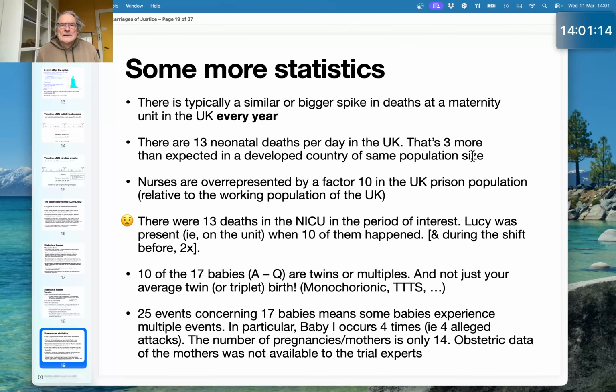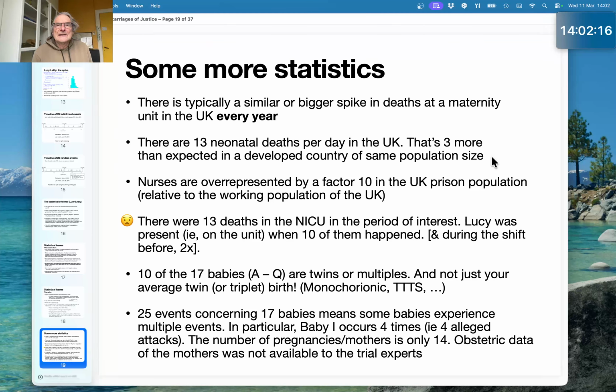Now, the UK is perhaps not comparable in all respects with all developed countries. There's, for instance, a greater income inequality than Sweden, for instance, which has one of the best rates of neonatal deaths per person, per patient, per baby. And you upsize Sweden to the size of England, and then you come out at 10. 3 more on top of 10, that's a large percentage, right? That's 30%. It's big. Part of it could be explained by greater ill health of the mothers,